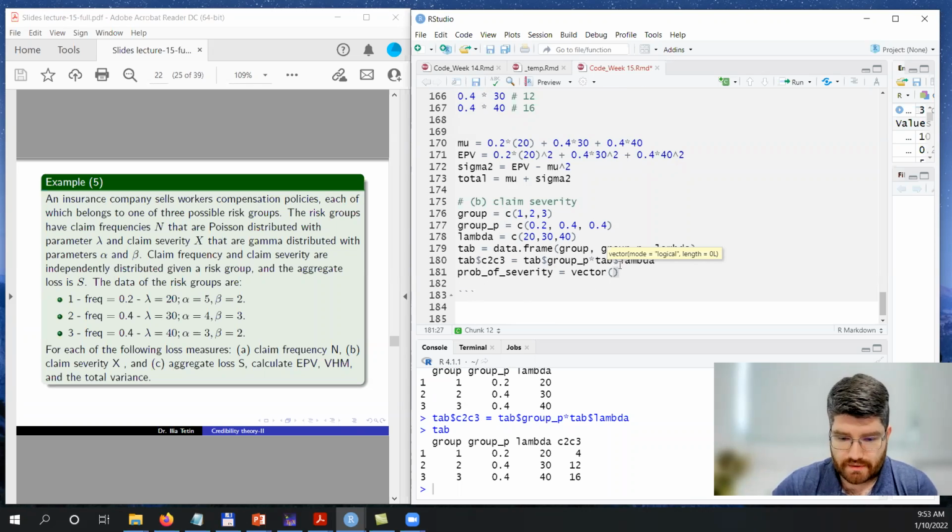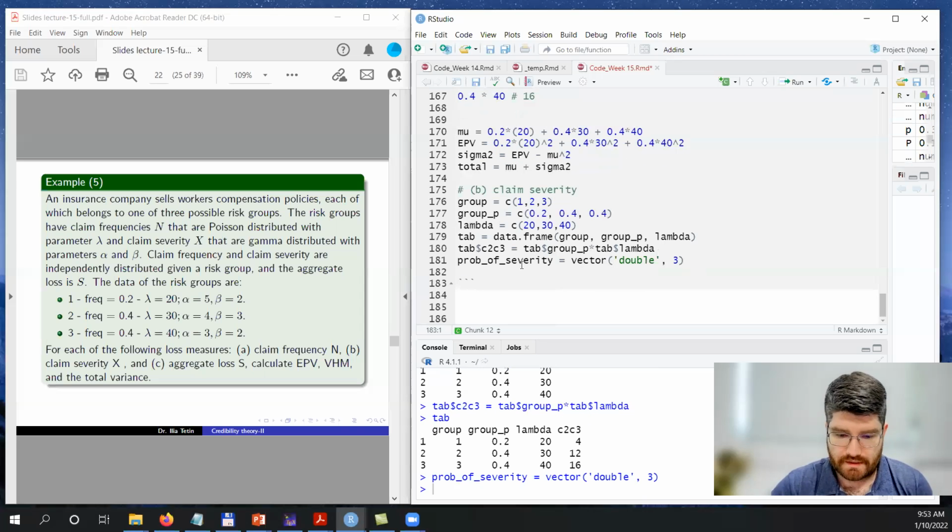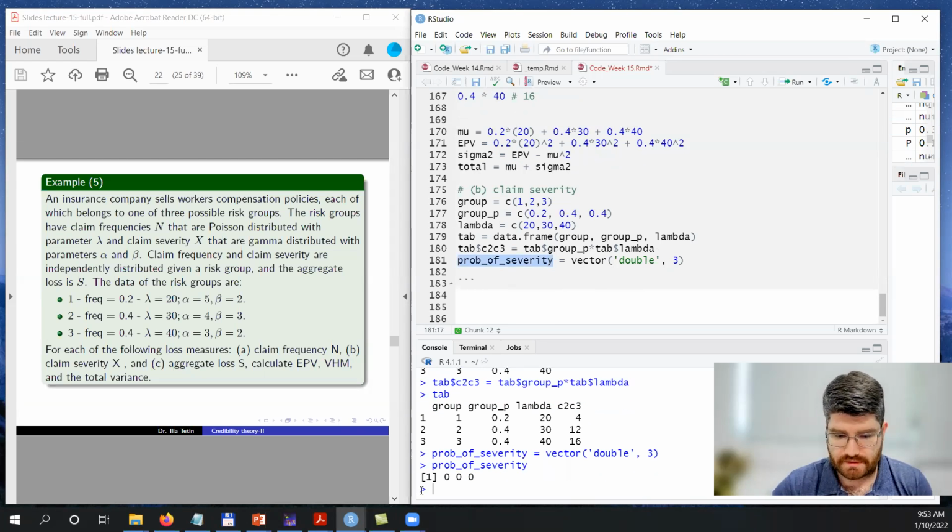Okay, so we are creating the vector, and the vector will be of the type double, and the length of this vector is 3. So probability of severity is just these 3 zeros which are created here. And now we will replace those zeros with the actual values, and for cycle